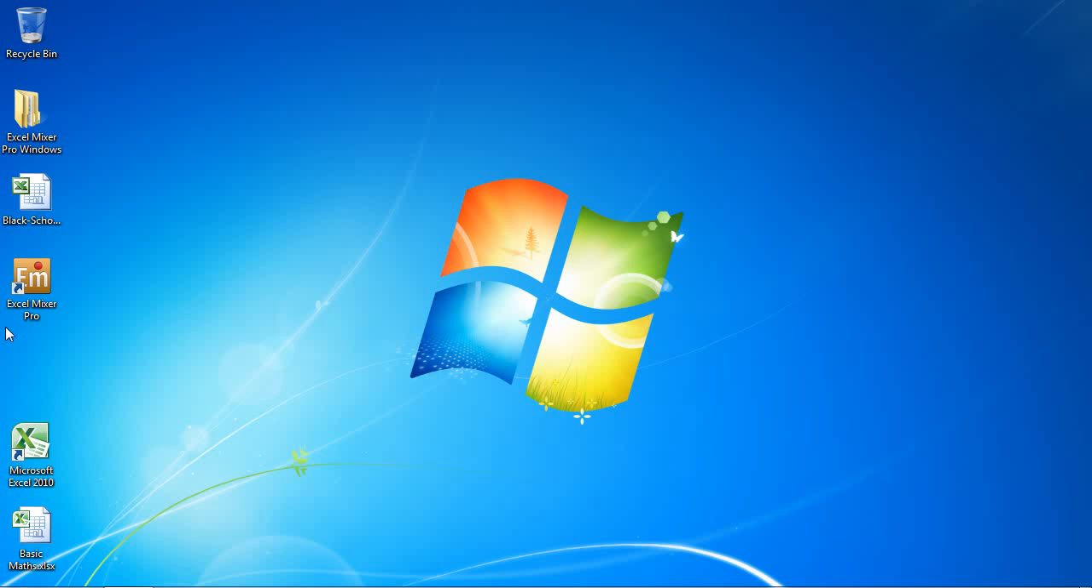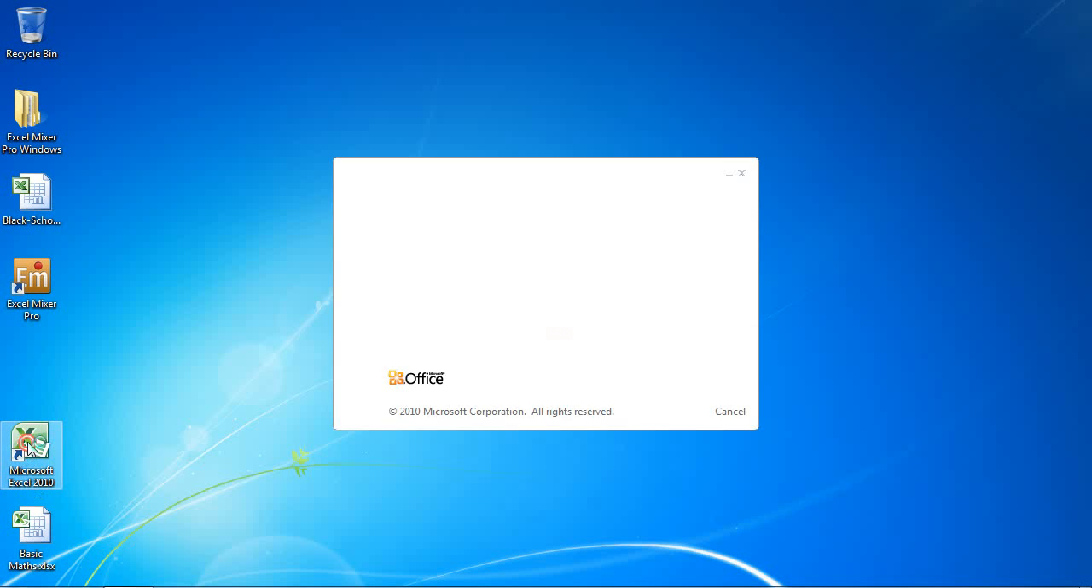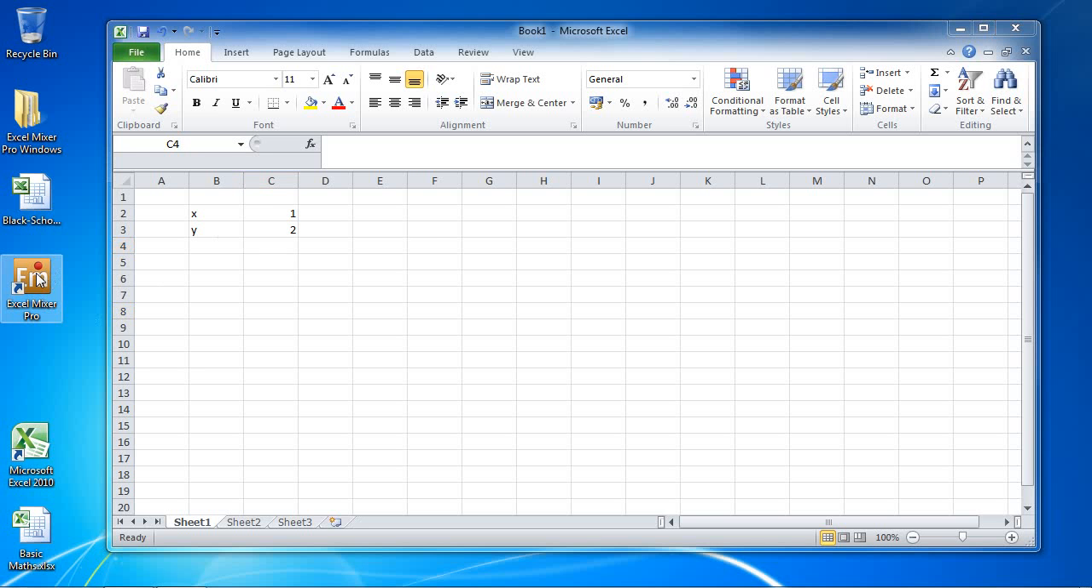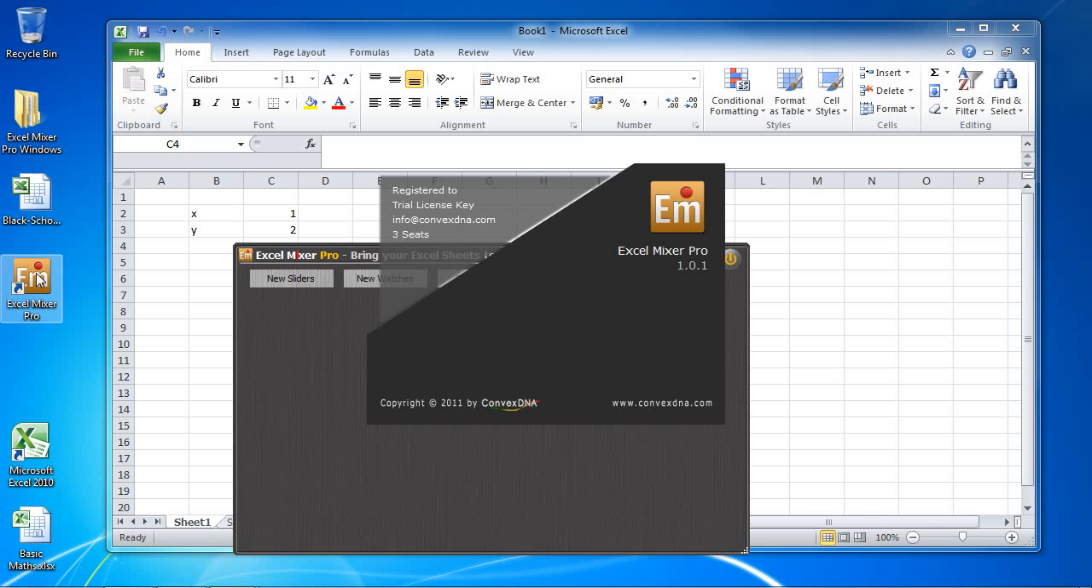So we'll start by opening an empty Excel file to demonstrate the capabilities of Excel Mixer Pro, which brings a brand new way to work with Excel files and charts. To make a very short demo, I'll just put two numbers here, X and Y, with values of 1 and 2. And let me demonstrate the first